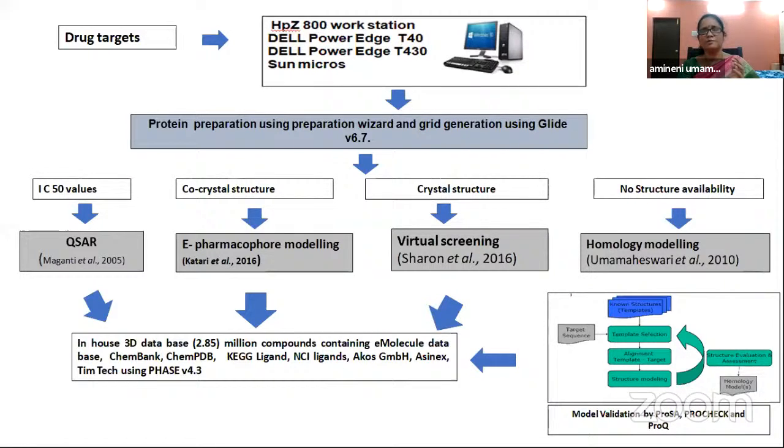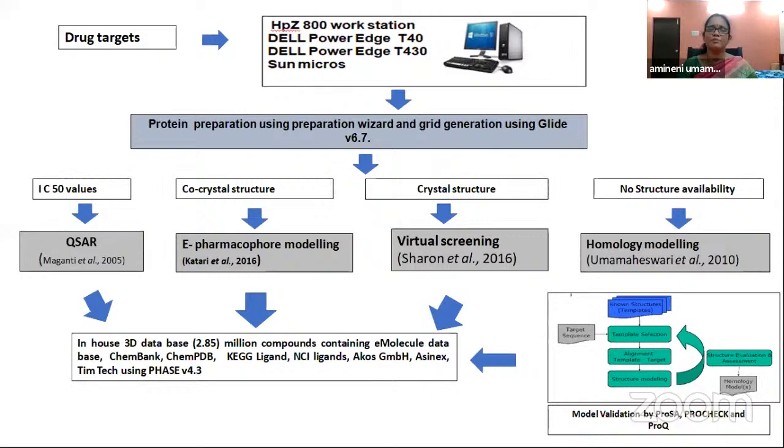Or, with an allosteric site, ATP molecules and GTP molecules are present, and these are also important for the functionality of the protein. If we block these as well, we can stop the functionality of the protein if it is in an overexpressed condition. If the protein is downregulated, we need to activate it. So these are the two different things we need to do.